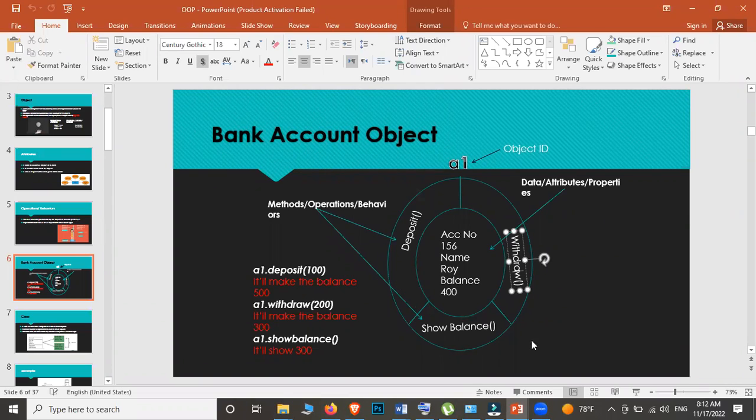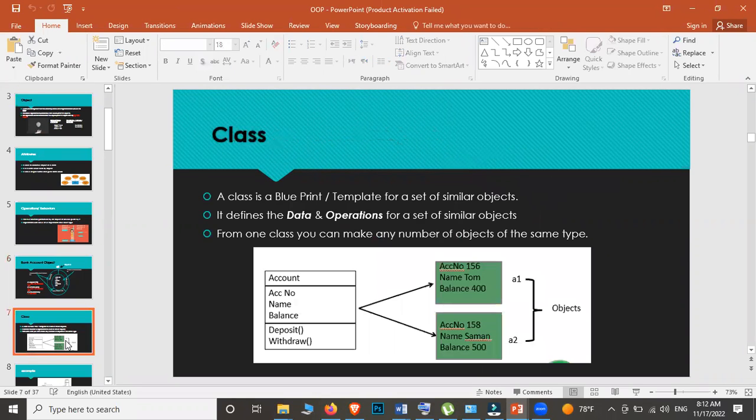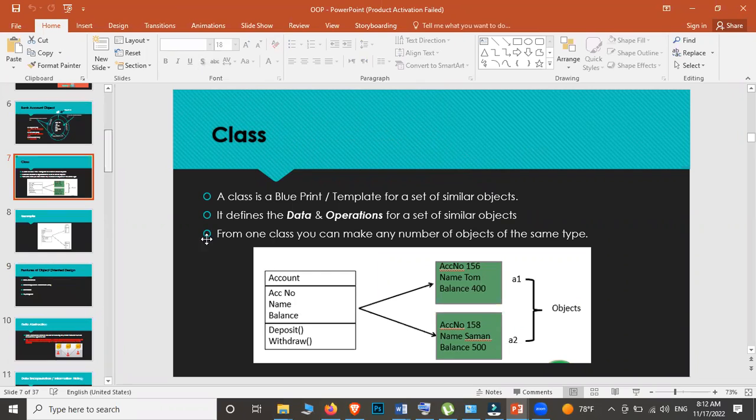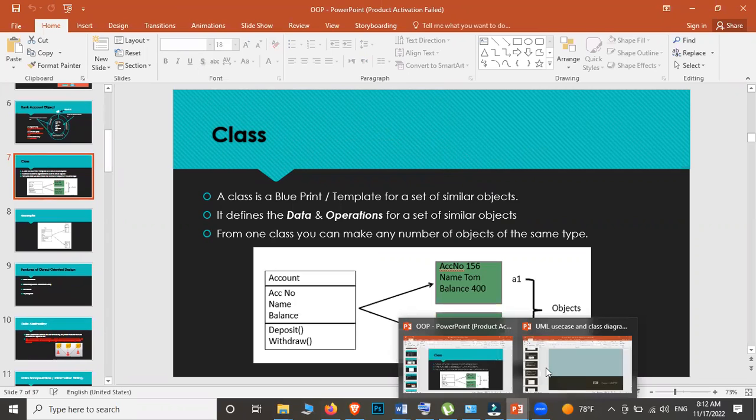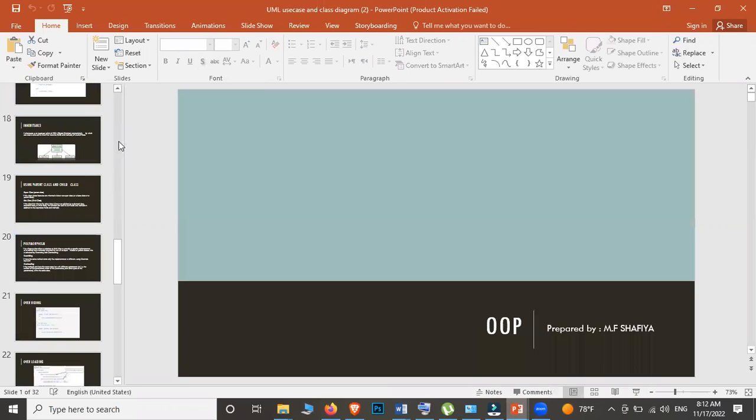All this comes under functions or behaviors. So you also know what an object is, and what things an object has. There are things we can tell, or explanations we can give, saying an object has this and that. And what you can do with the object is known as a method. Then we also learned what a class is. I have another presentation in which the same thing is there. We'll go through this.